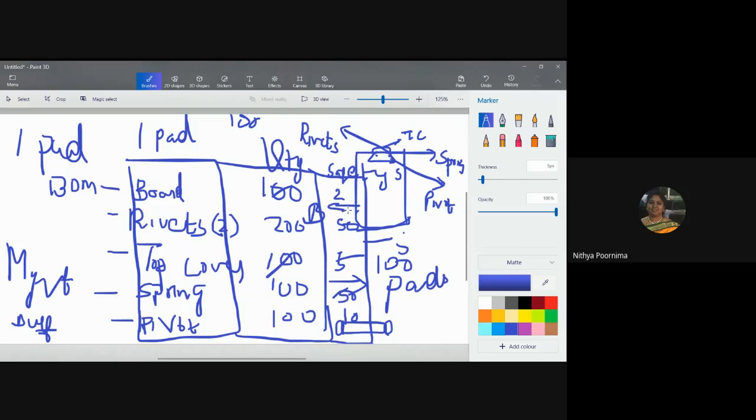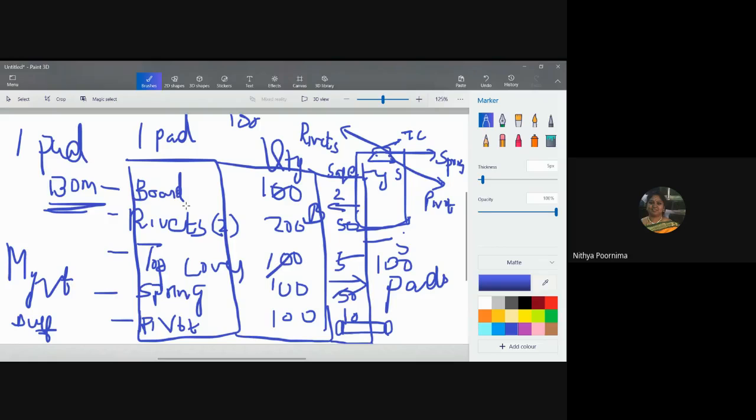So this is how the bill of materials will be planned for the organization. The same thing we can plan for an automobile company. Suppose I'm manufacturing a car, what will be the bill of materials? What are all the small components associated with making the car? What are the different sensors used? For all that, they will make the bill of materials. How much should be the safety stock? All that will be planned by them, and based on that, they will target their production.